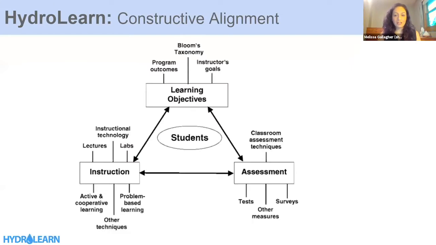So we're going to keep revisiting this idea of constructive alignment because it's really going to anchor how we develop the modules. So once again, talking about constructive alignment means we're thinking about our learning objectives, and you have thought about those a lot at this point. And then we're going to tie those to assessment to make sure that they're aligned with each other. And we're going to tie that to instruction. And by planning it all out ahead of time, we'll create something that's constructively aligned.